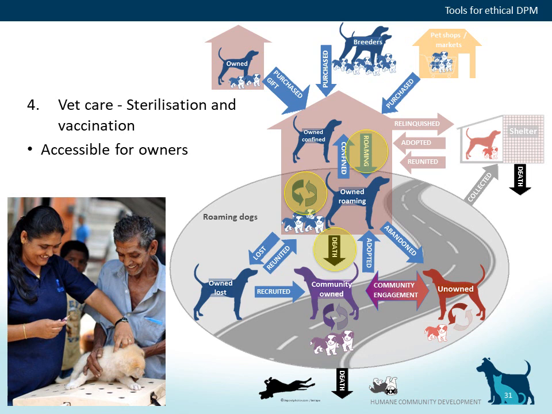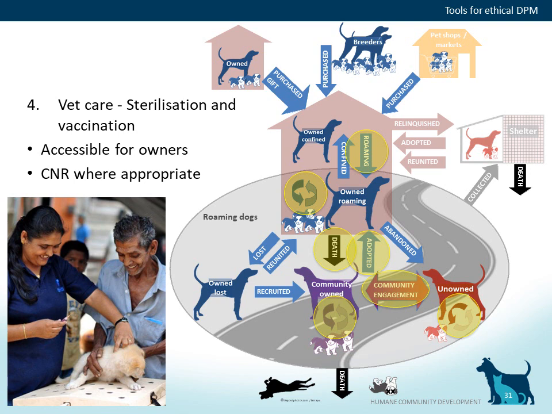Where community dogs exist and are well tolerated by local people, catch, neuter and return, or CNR, can be used to target these processes. CNR is the name for a tool where roaming dogs are captured for neutering and vaccination and then returned to their point of capture. Now, it focuses on these processes. However, there is the potential for owned roaming dogs being caught up and sterilised as well, with a risk of this being done without owner consent. Now, CNR may also impact on these processes of community engagement or disengagement with the care of street dogs, and with adoption versus abandonment of owned dogs.